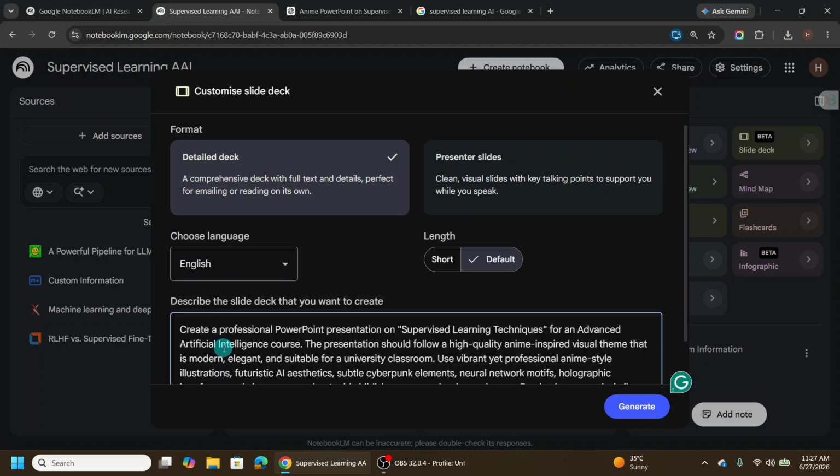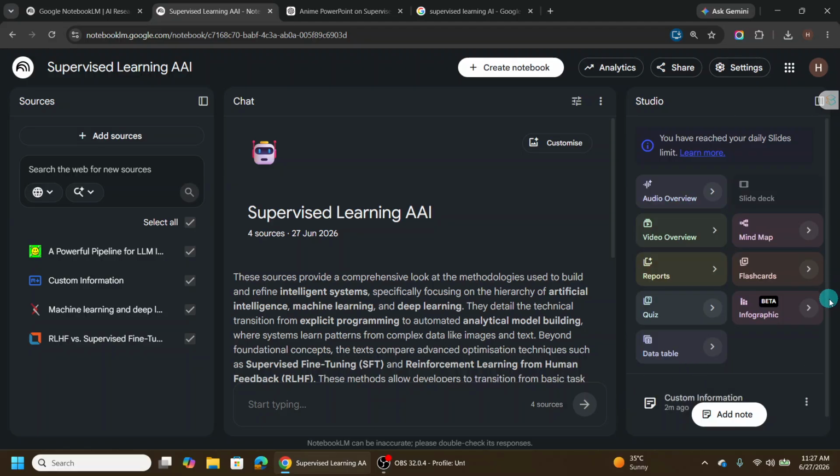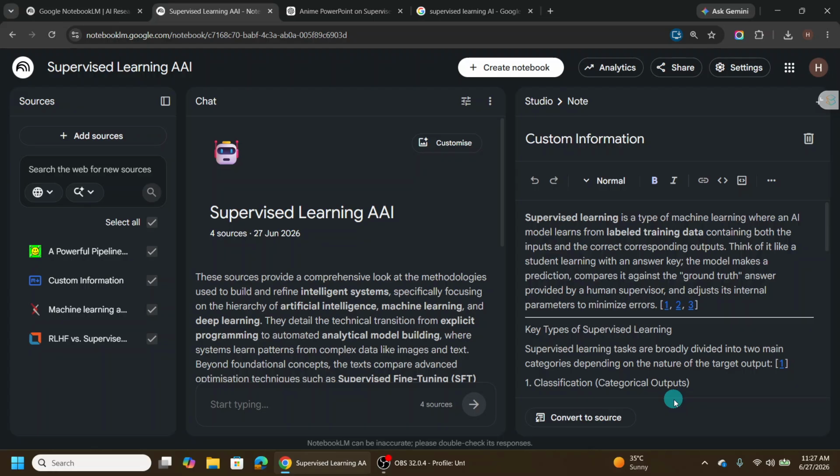and now I'm going to add it over here. And now this is the prompt that NotebookLM will be using to generate the PowerPoint presentation. So again, a very important point is that instead of using non-trustworthy information from the whole internet to give you a supervised learning AI presentation, it is using only these four sources. So it is very much trustworthy, very good,